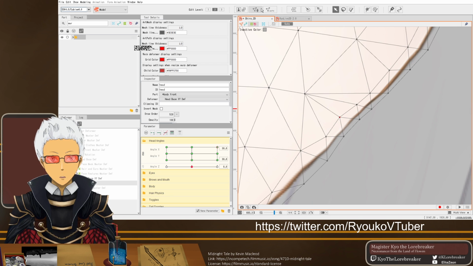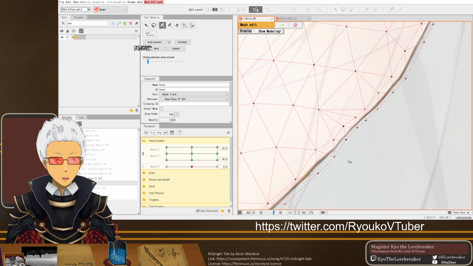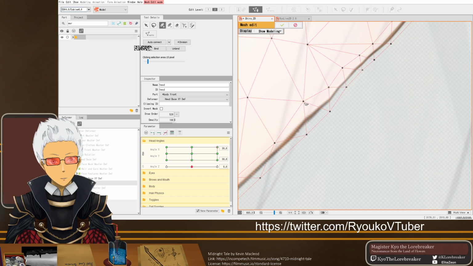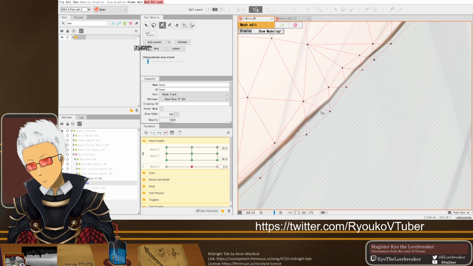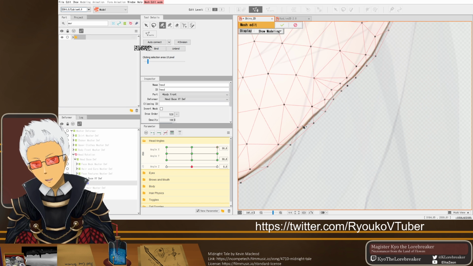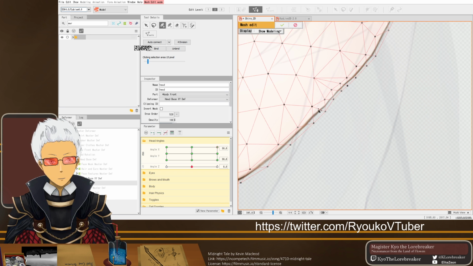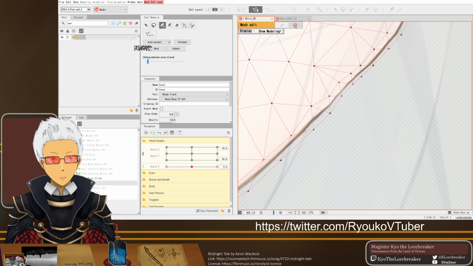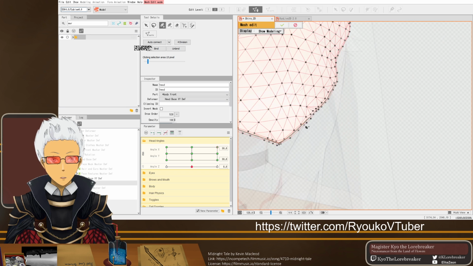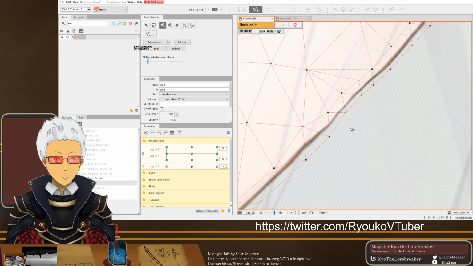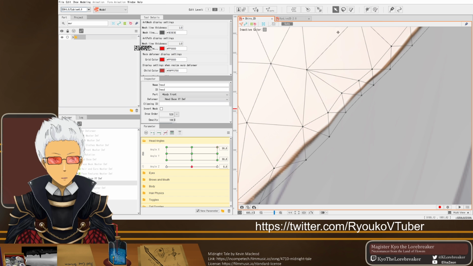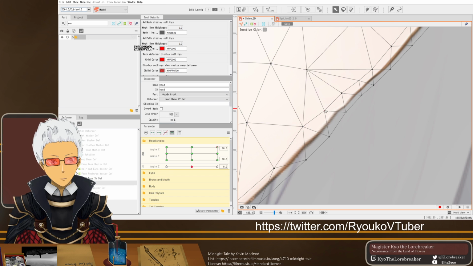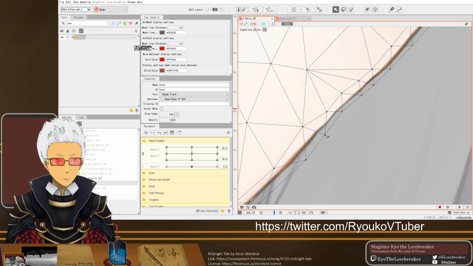Alright, so what I'm going to try to do is start adding parts to this mesh in hopes that I can get a little bit more control here. Unfortunately, I'm really bad at setting up my own meshes, but this is something I need to learn how to do, I guess. Basically, the more triangles you have, the more control you have over it. The downside is when we have too much control over something, it takes way too long to get anything done. So that's a little bit of the trade-off.